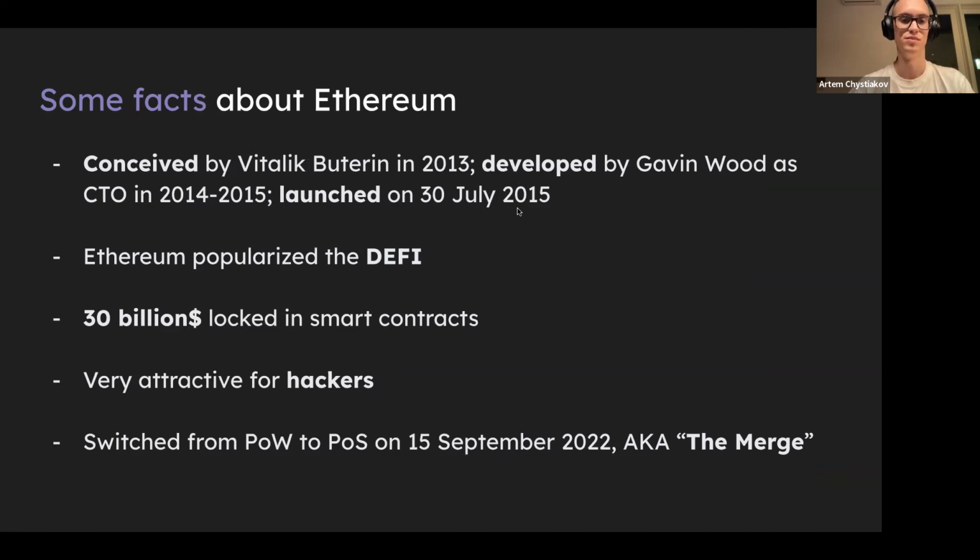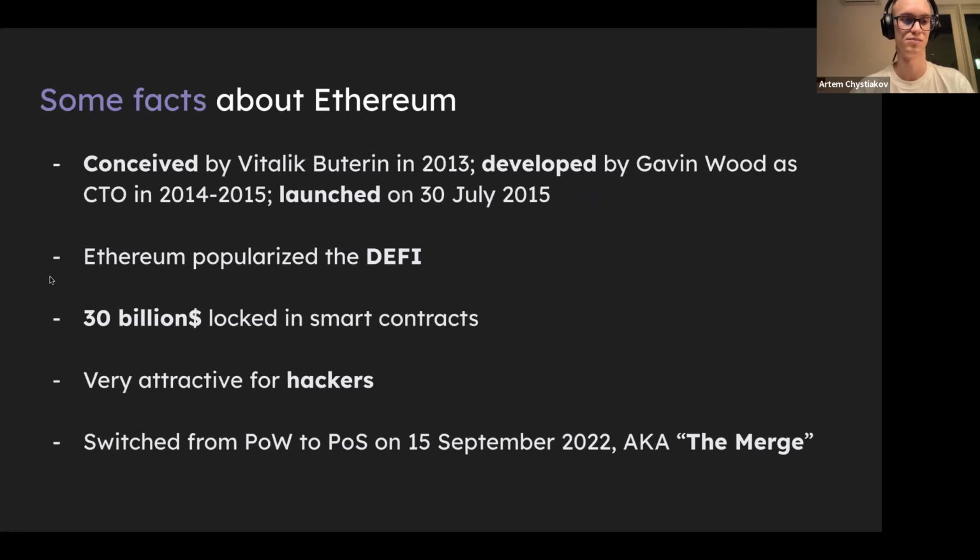So Vitalik Buterin wasn't the main developer of Ethereum. He was the one who imagined and started the discussion of the protocol, but the main developer was Gavin Wood,